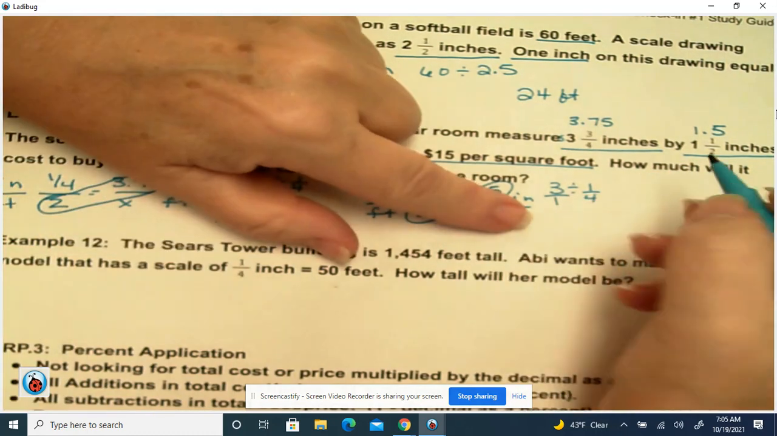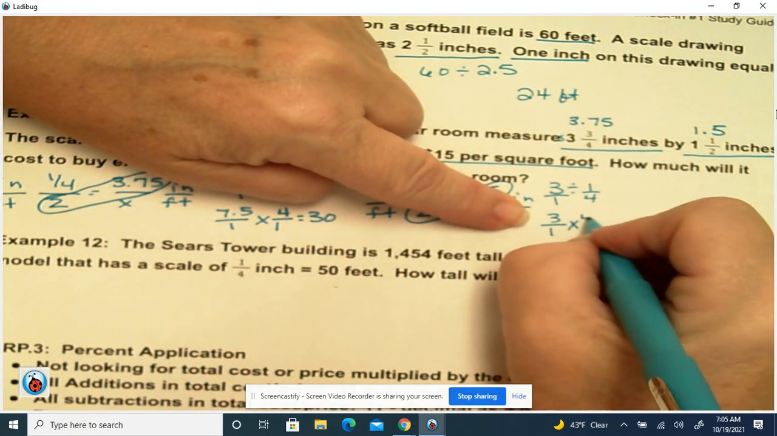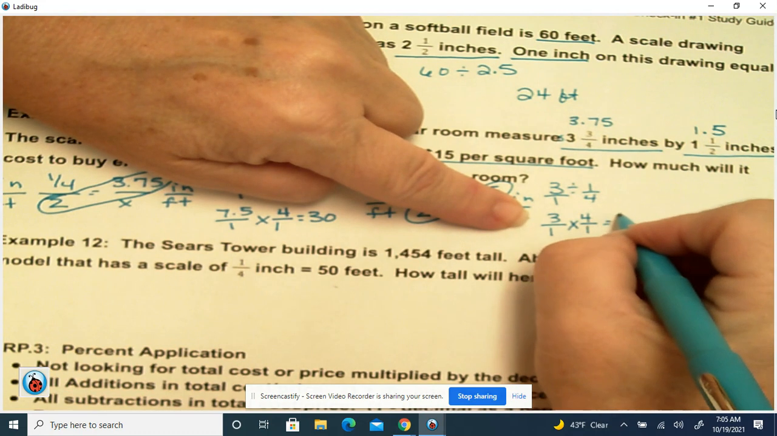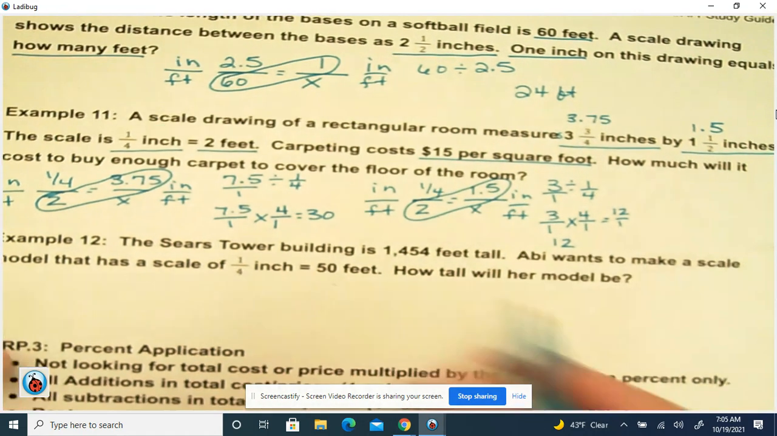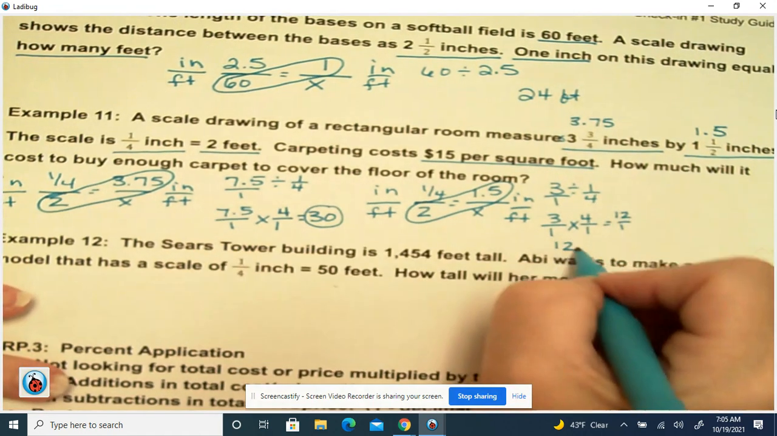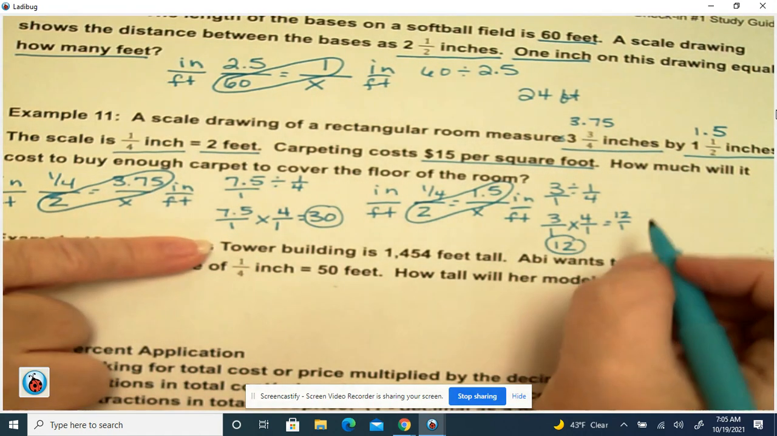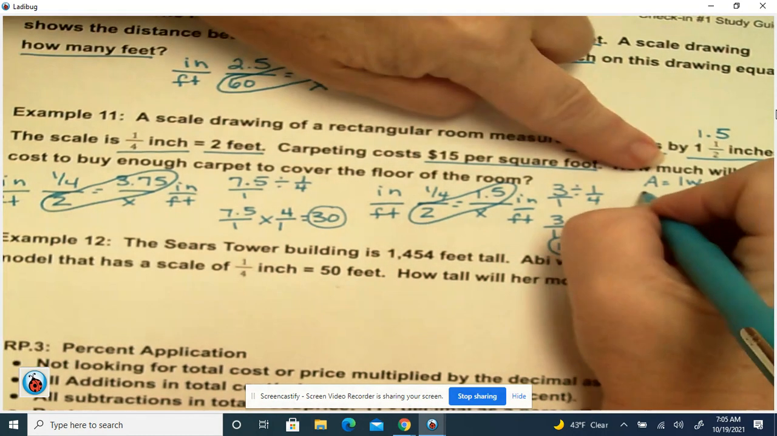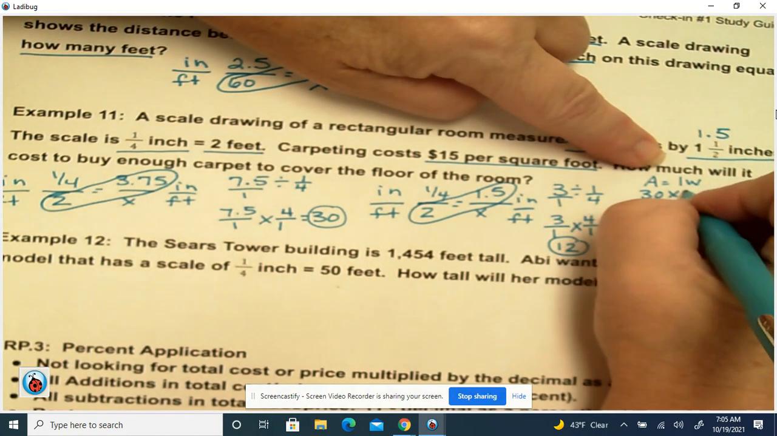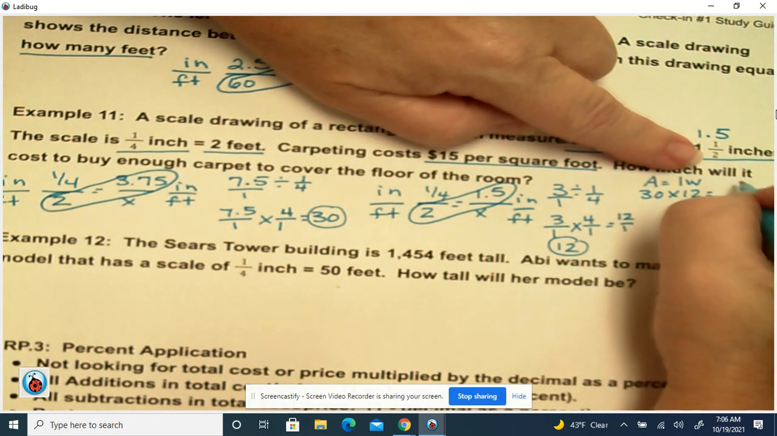The whole number's over 1. So we've got 3 over 1, change the division to multiplication and take the reciprocal, and we get 12 over 1, which is 12. So we've got an answer of 30 and an answer of 12. And to find the cost, we have to find the area, which is length times width. That's going to be 30 times 12, and 30 times 12 is 360